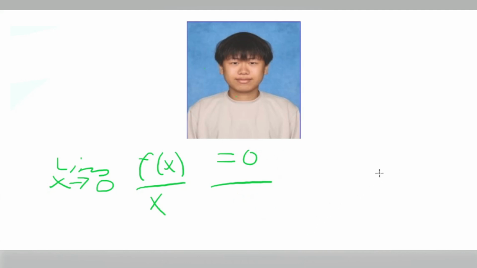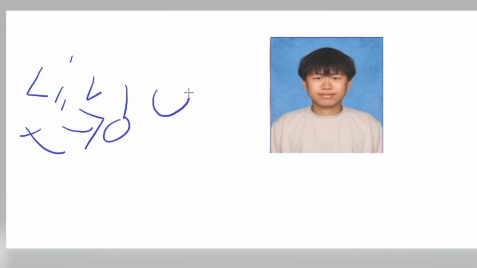Or there's another one you might see, but probably not. It's infinity over infinity. This indeterminate form is where you use L'Hopital. What I was saying was that when a limit is in indeterminate form, you use L'Hopital,